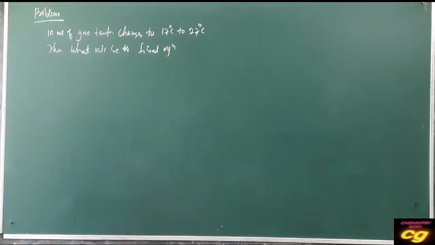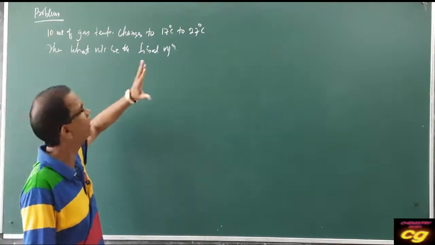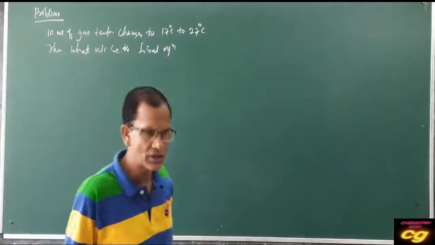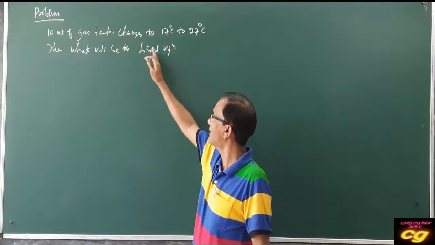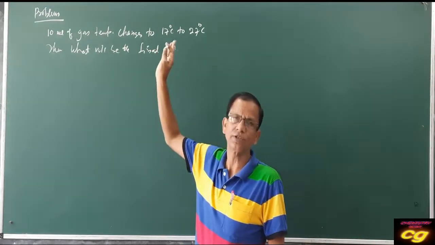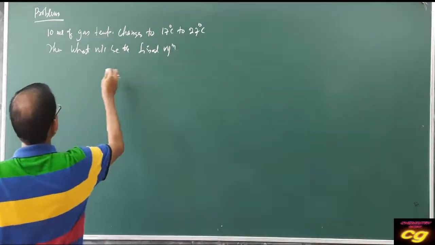What will be the final volume of the gas if the temperature changes from 17 degrees to 27 degrees and the initial volume was 10 ml? But here one thing to remember: the pressure is not mentioned, means no data regarding the pressure, that means pressure is taken as constant. So here as per the question